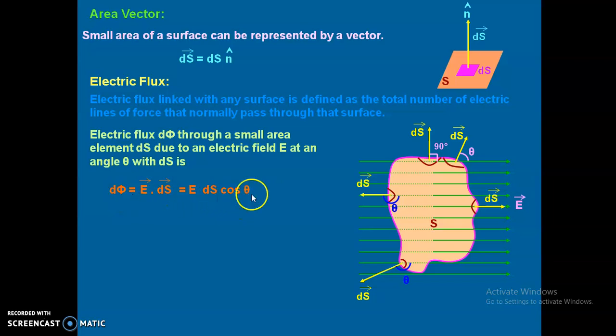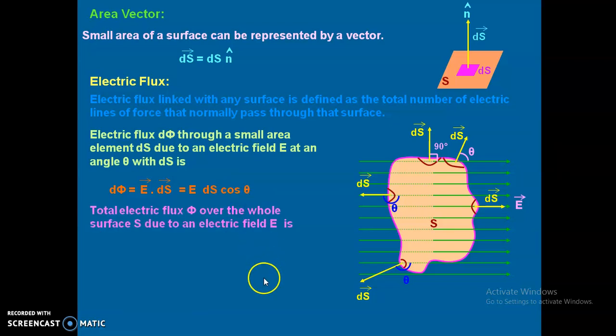The electric flux will be 0, as you can see over here, dS is in this direction and the electric field lines direction is this, so therefore 90 degrees. So the measurement of flux will be what? 0. Clear? Because theta is equal to 90 degrees and cos 90 is equal to 0. So this is the formula of electric flux. d phi is equal to vector E dot vector dS, or E dS cos theta.